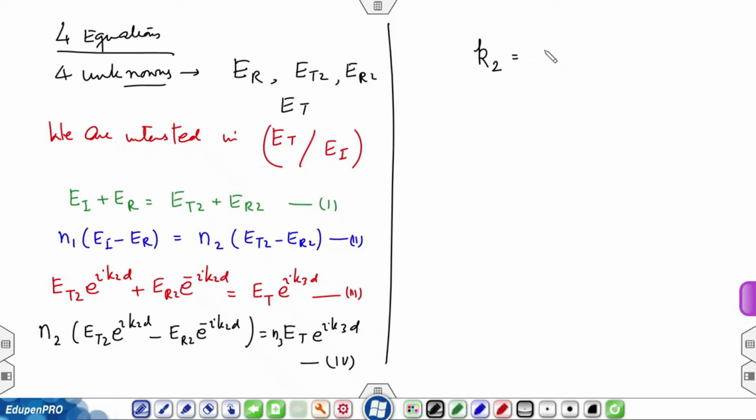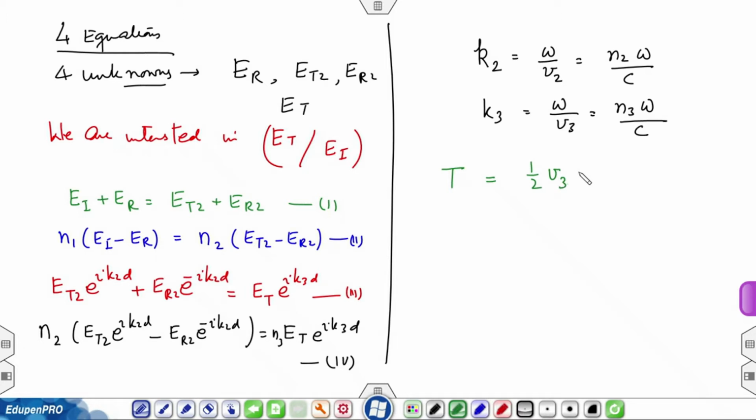K2, which is omega over V2, is N2 omega over C. K3 is omega over V3, which is N3 omega over C. So, I know K1, K2 also. And what am I trying to calculate? The transmission coefficient, which is going to be 1/2 V3 epsilon 3 mod Et square divided by 1/2 V1 epsilon 1 mod EI square,